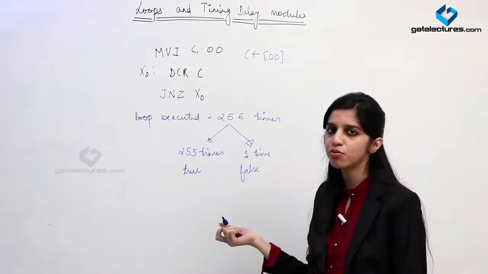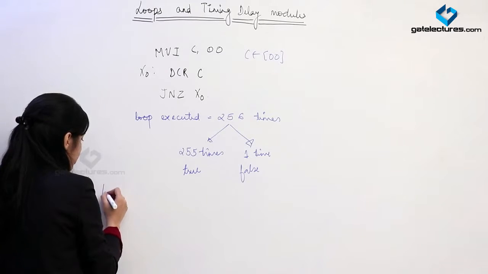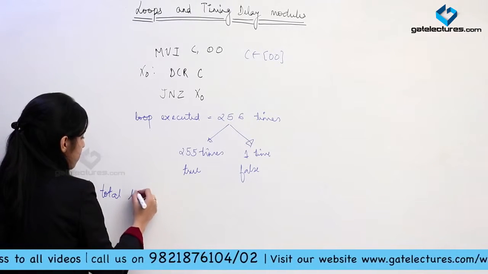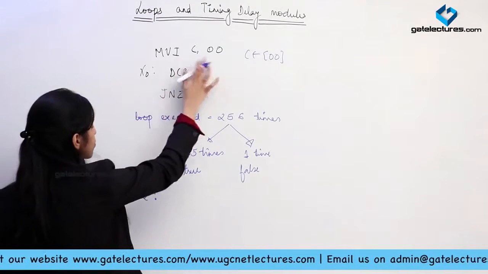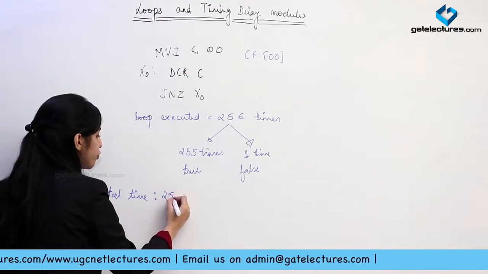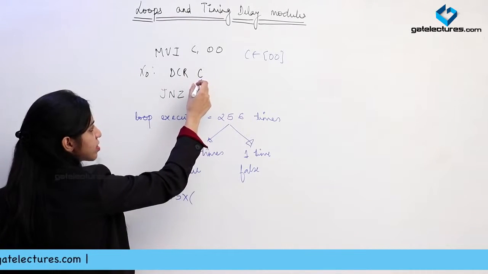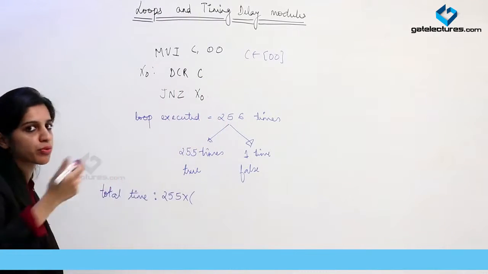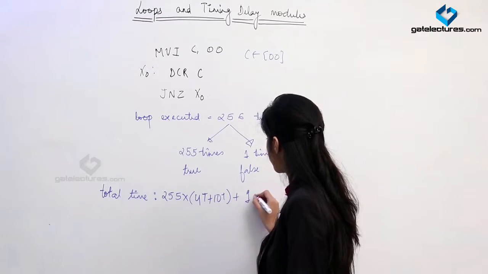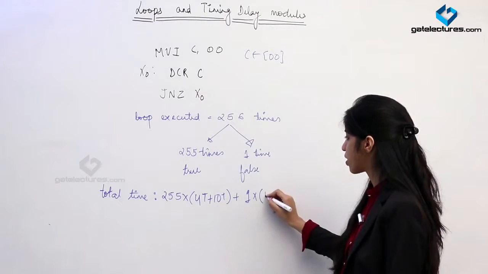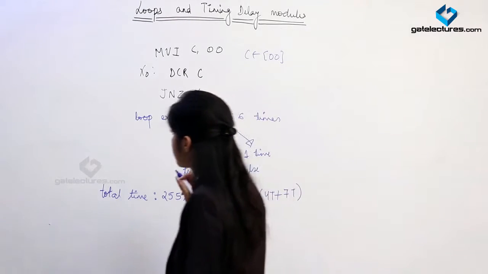and one time the loop is going to be executed for the false condition. Now I am trying to calculate the T states for this program. Firstly, I'm calculating the loop time, then we can include this instruction also. So total time is going to be 255 into the time for true condition. See, this instruction is 4 T states long. If the condition is true, this conditional jump is going to take 10 T states. So it becomes 4 plus 10 plus 1 into, again, this DCR C is going to take place, so 4 plus 7, this is going to take 11,